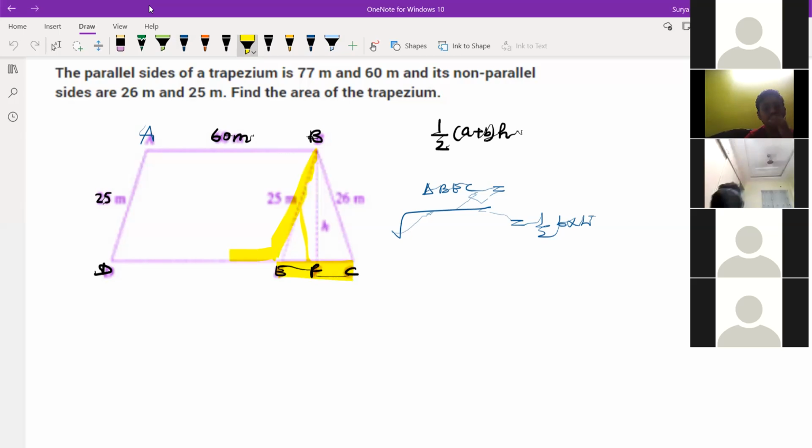Yes, sir. What I was thinking is... D to C is 70, right? Where is 70? B to C is not 70. D to C was given. D to C is 70. A to B is the same as D to F. Not F, D to C, D to E actually.